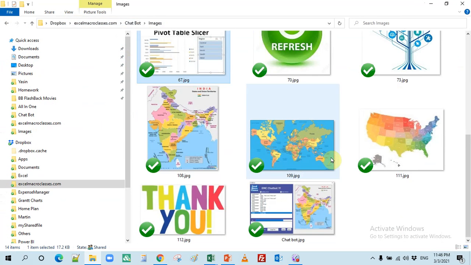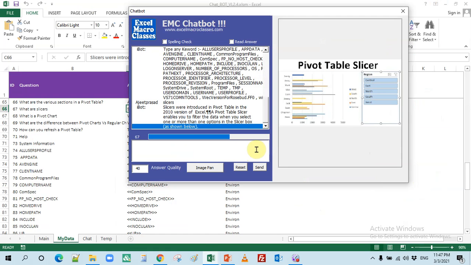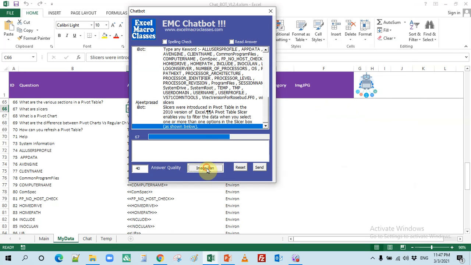Okay, so this image is coming because this is 67.jpg, and currently I have developed this tool to support only jpg file type. There is no other option, no other file type is supported in images. Okay, so we can use images as well to explain. Suppose in case you don't want this pane, you can simply click on this image pane, it can close